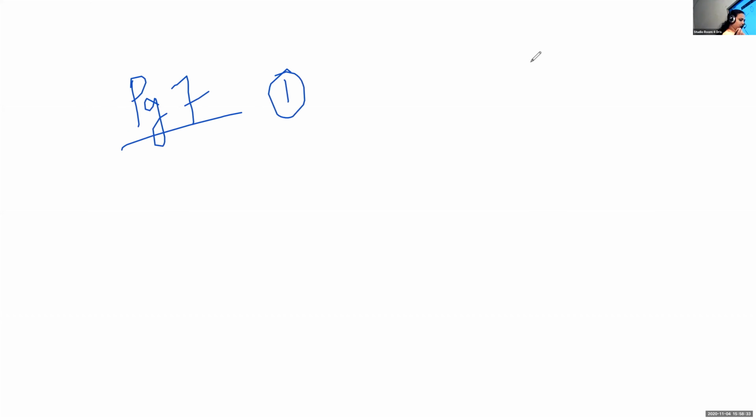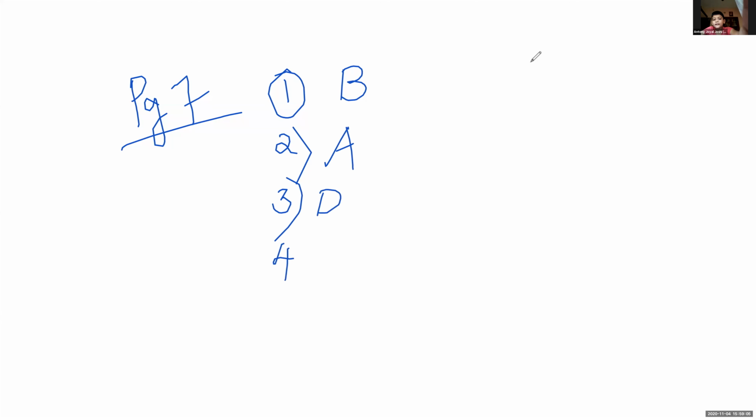What's the option for question number 1? That is B. Multiples of a number are obtained by multiplying by 1, 2, 3, etc. The factors of 7 are 1 and 7. Question number 2, option A. Question number 3, D: the numbers that divide a given number exactly are called its factors. Now I will ask one by one. All of you please mute.